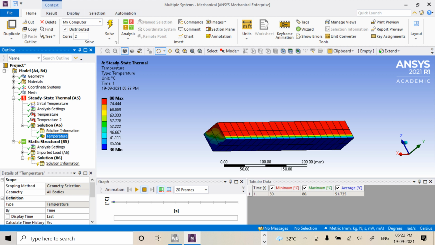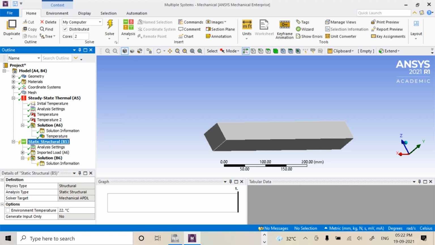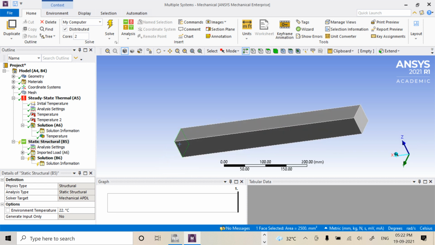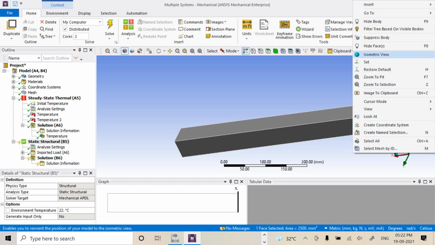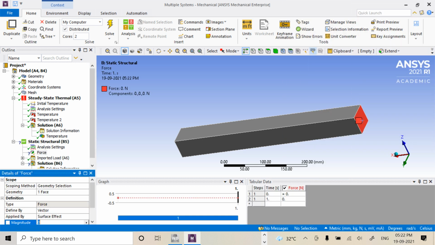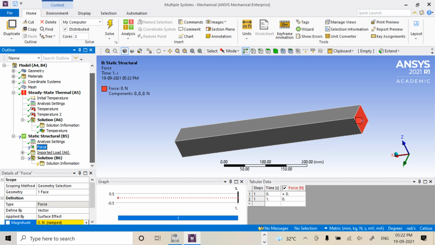For the structural analysis, we are going to rotate the component. Here you can see this is the x-axis, z-axis and y-axis. So I am going to click over here and right click, insert, force. Well, let me remove the force.